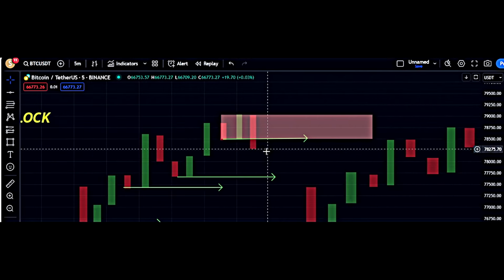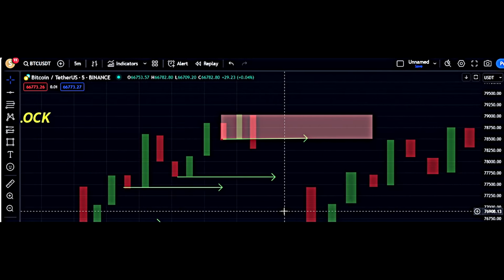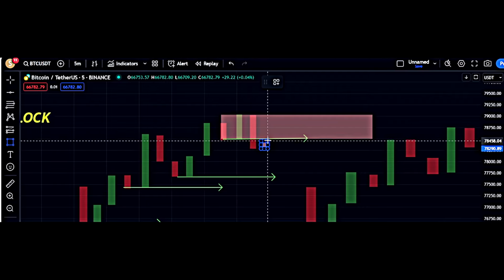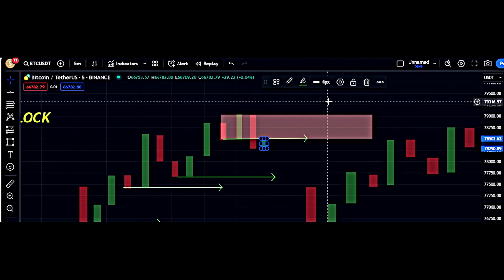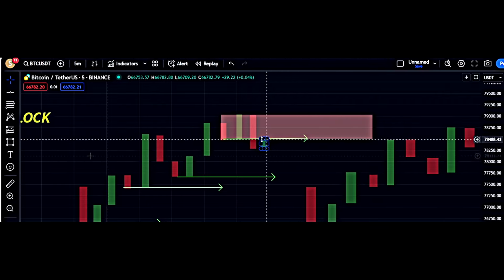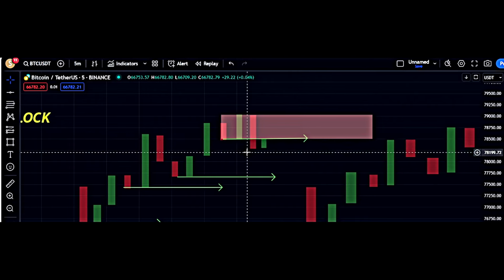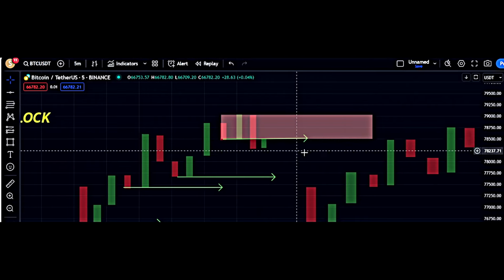This is the perfect level where the market will come back. At this point, let's say it becomes this type of candle, a green candle, so this point will be a perfect entry, irrespective of the 100. You can avoid 100 points if you want. Your loss will always be minimized.